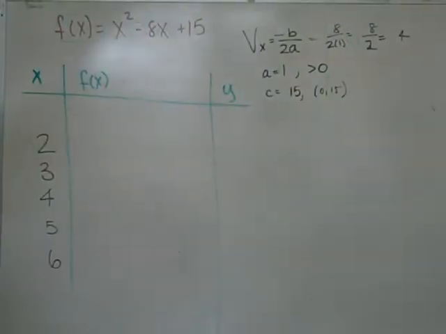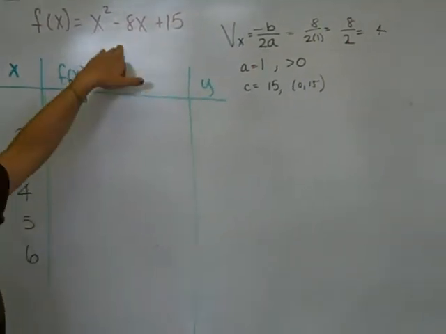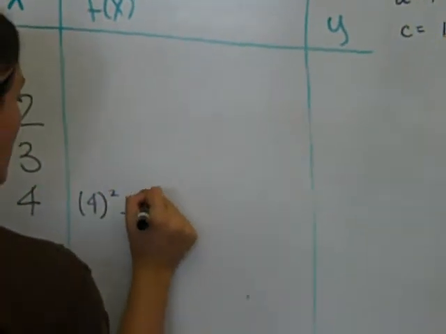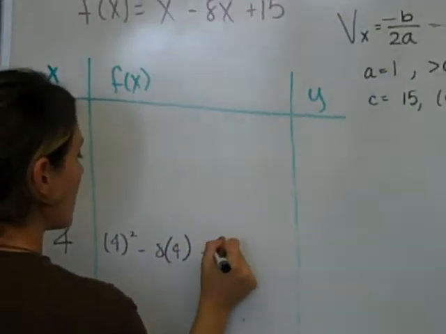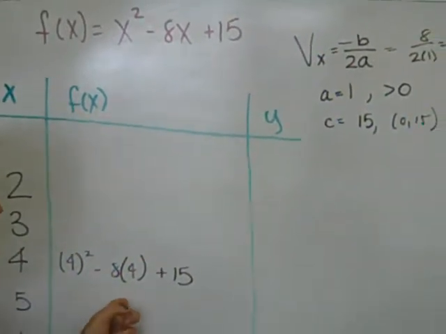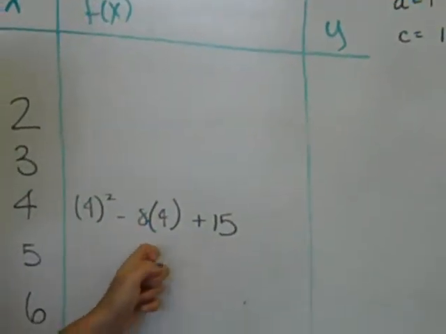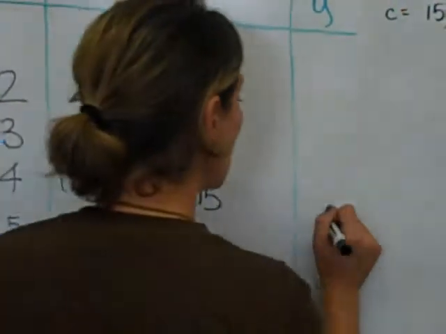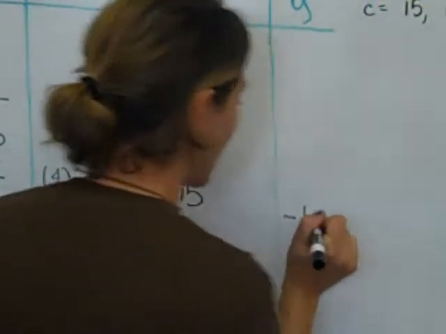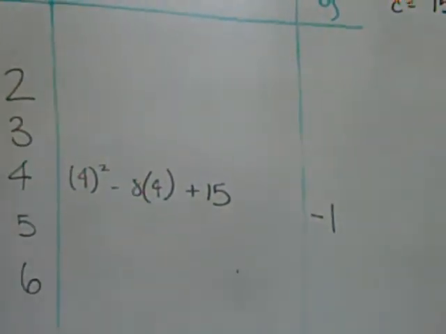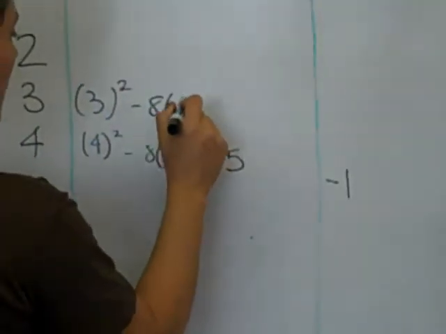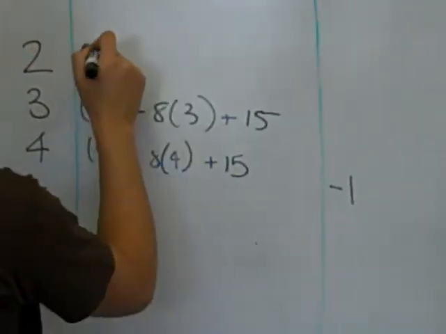Okay? So if we plug in our vertex x into our original equation, we're going to get 4 quantity squared minus 8 times 4 plus 15. 4 squared is 16. 16 minus 32 is negative 16. Negative 16 plus 15 is... no, negative 16 plus 15 is negative 1. Awesome. Alright, so we'll go off from here. So then we want to fill in all the rest of our values that we want to find